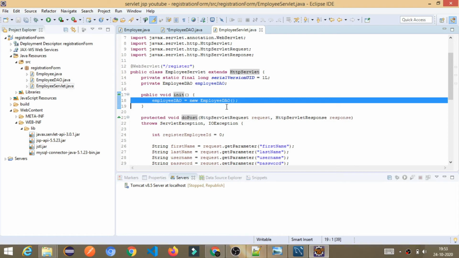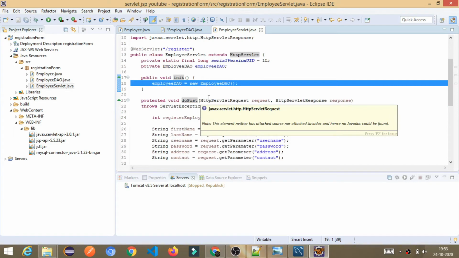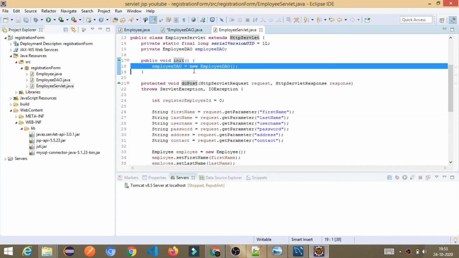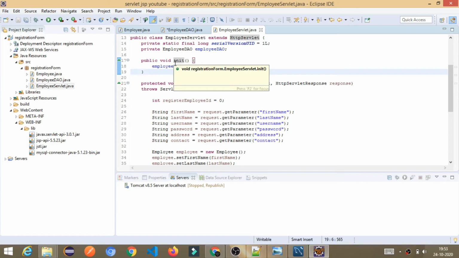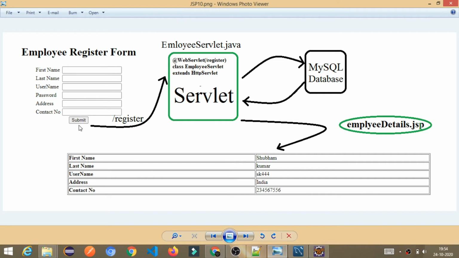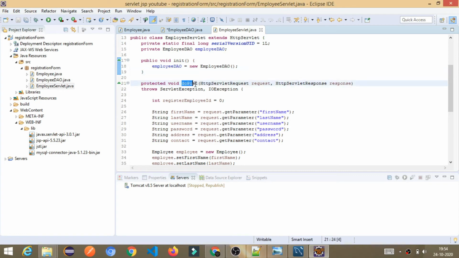When you call this servlet for the very first time, the servlet gets created, then it executes the init method, then it calls the service method, and the service method contains the other methods like doPost, doGet, and doDelete. Based on what type of HTTP request comes to the servlet, since here when the user clicks on submit it makes a post request, that's why I have written doPost here, and this doPost gets called and all the further things are done here.